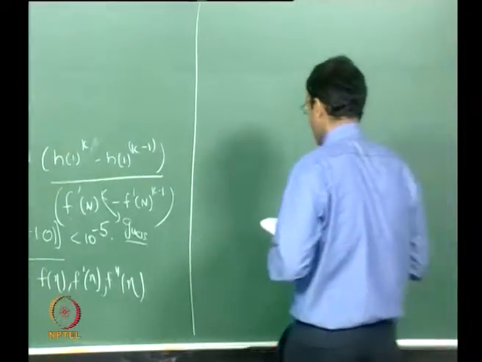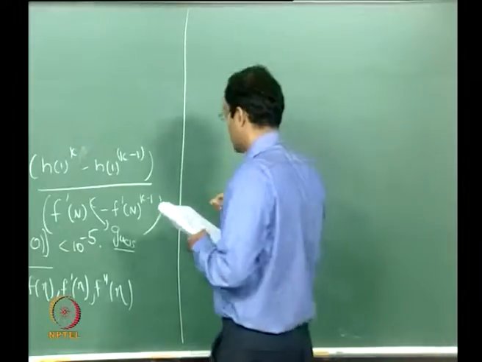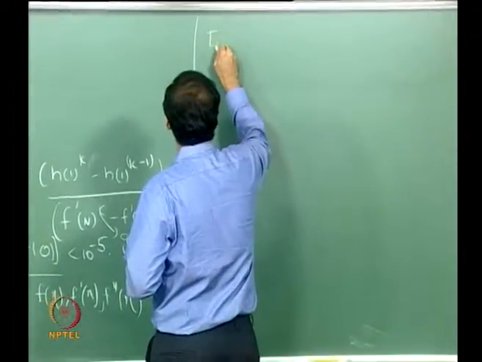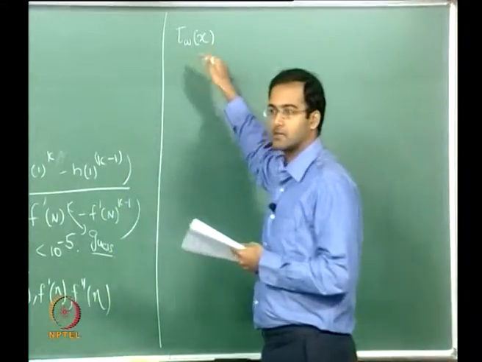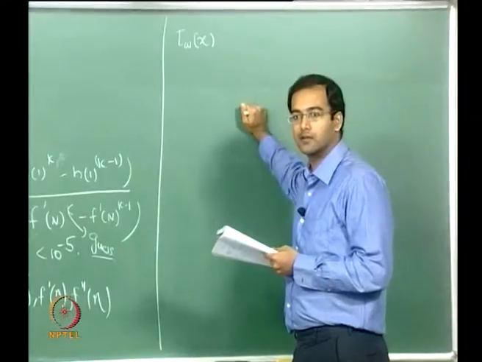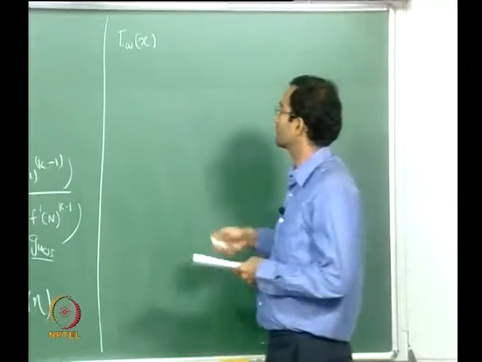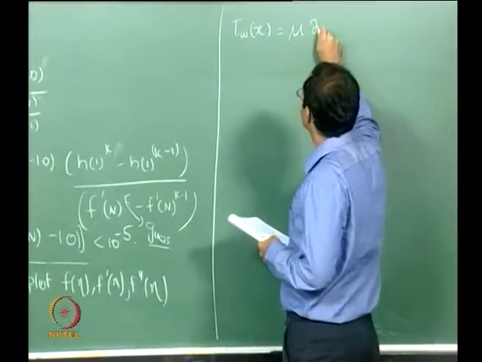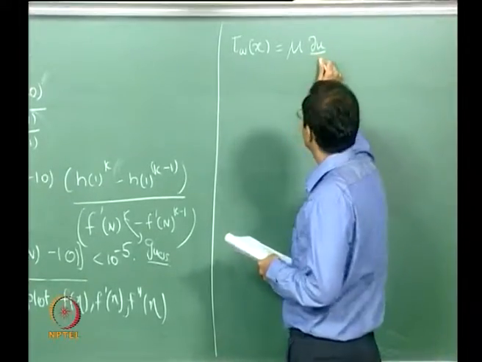Okay, the first quantity that we are interested in, since we are doing this for a flat plate, is the local shear stress, that is tau wall as a function of x. So the shear stress at the wall varying locally. So how do we get it? Mu du, with respect to what? Y. Okay.